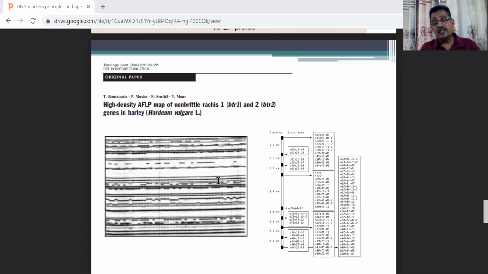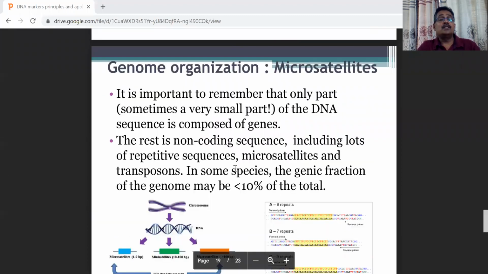And for running the sequencing gel, you have to use a urea denaturing PAGE in a big gel plate. You have a stacking gel, a separating gel, and you have to run the sample. So it takes a whole day to develop 1 plate. Because of this difficulty, people nowadays are not using AFLP, except in special cases.